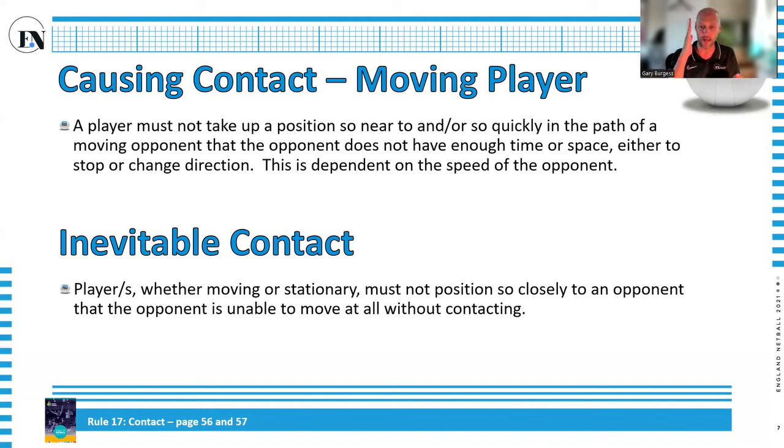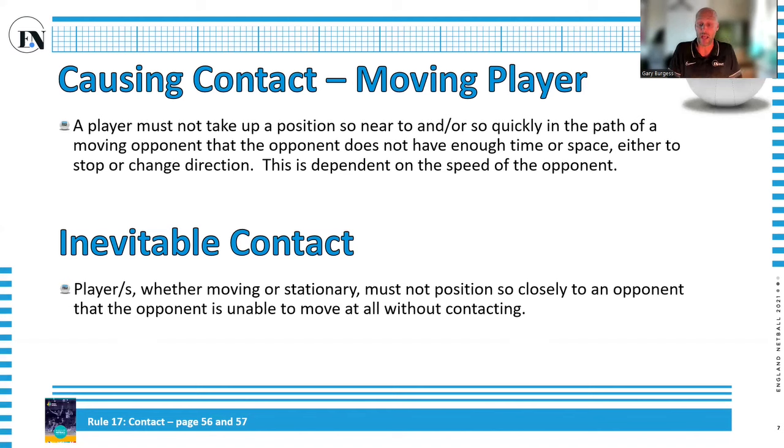But if this is a player and this is the player and my head is the third player, they could be moving around. And every time, if we were to take a snapshot of this, we could say it's inevitable contact. But people are moving, and they're not fixing that player into one place and preventing them from moving. So what you're looking for when you're penalizing inevitable contact is the point where that player cannot move